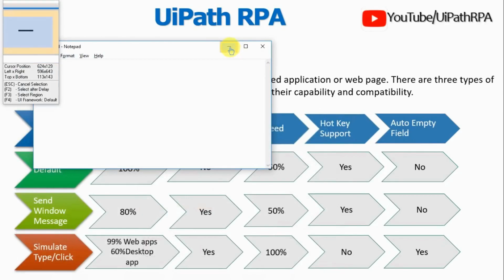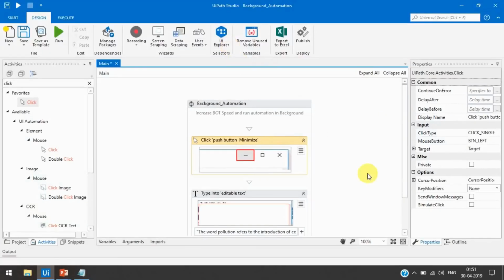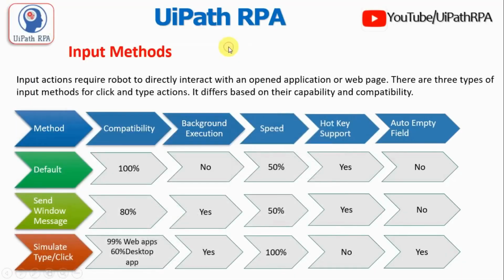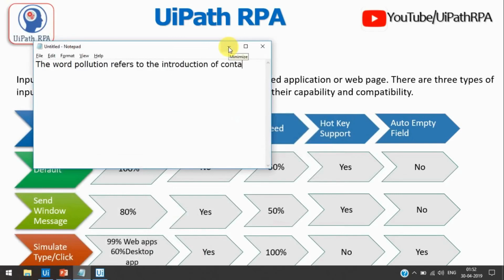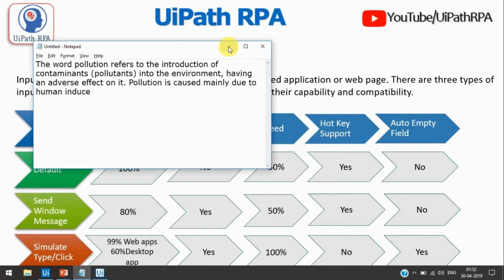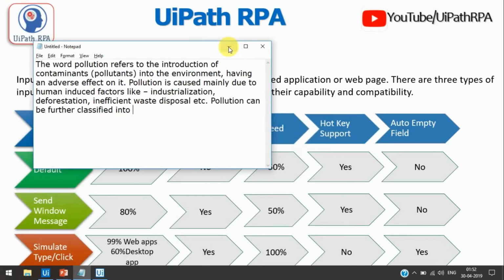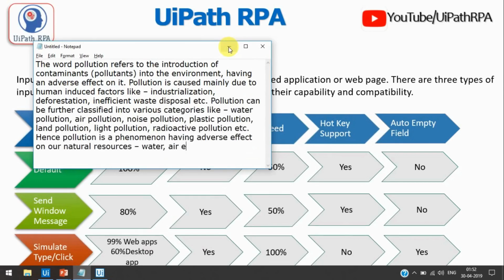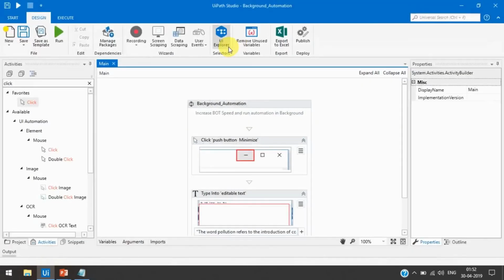First we'll minimize this, and now run this. Here you can see we minimized the notepad, and then it automatically kept this application on the screen again and started typing, because